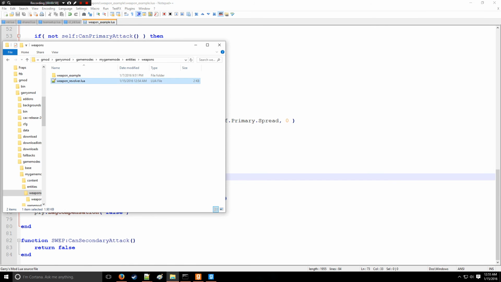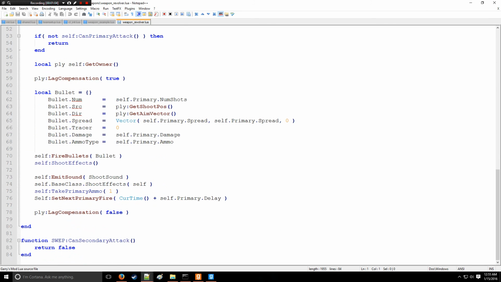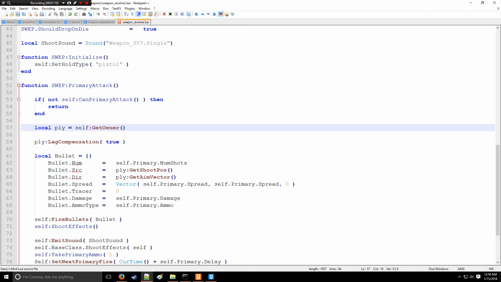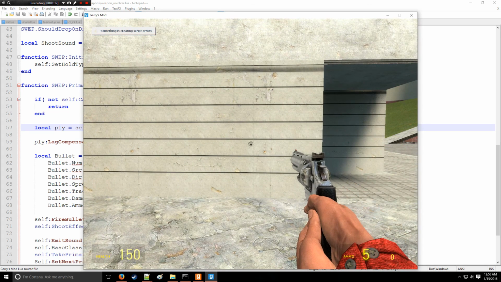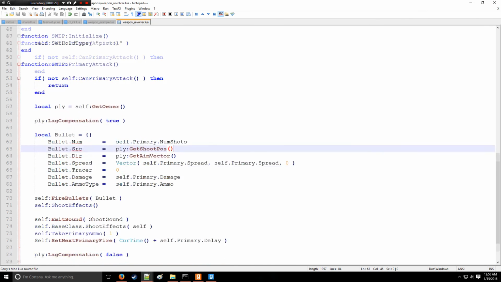So right here we have weapon underscore revolver, and open up, go to line number 59, play. There's an issue with that, and right here there's no equal sign set. So we're going to put equal sign, go back in game, and now try to shoot it. Well, it shoots, but there's another error. So let's check that out. And it says line number 76, there's an issue with global index self, which is reading as nil value, and